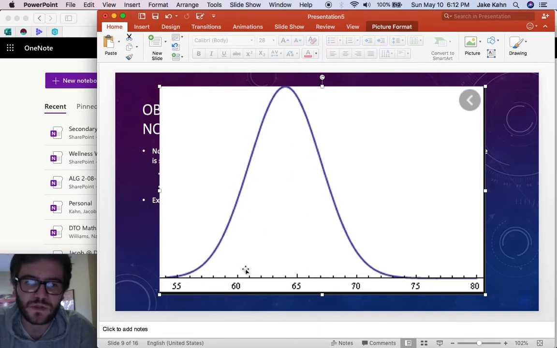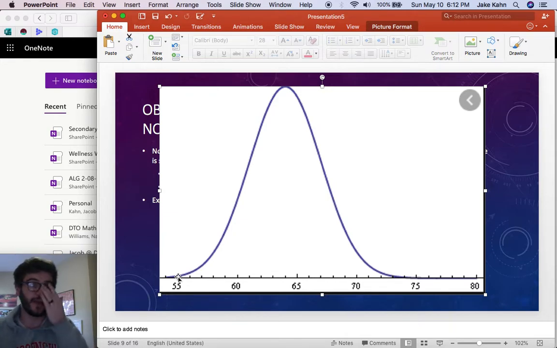A lot of people are 64 inches, the mean, right? But as you get away to 63, 62, 61, 60, less and less people are those heights, until you get to the really low below the mean, like 55 or 50 inches, and there's hardly any adults that height. So the normal distribution, again, is a symmetric bell curve. Most of your data is in the middle, near the mean, and then the farther you get away from the mean,